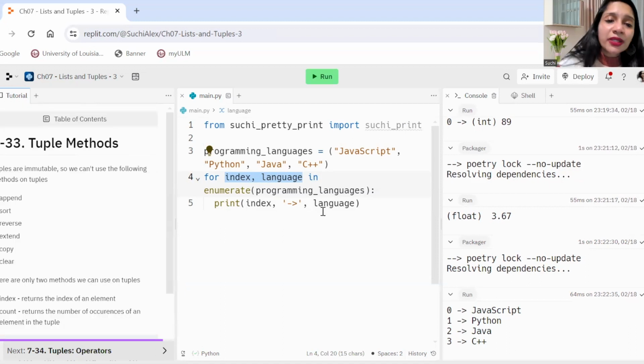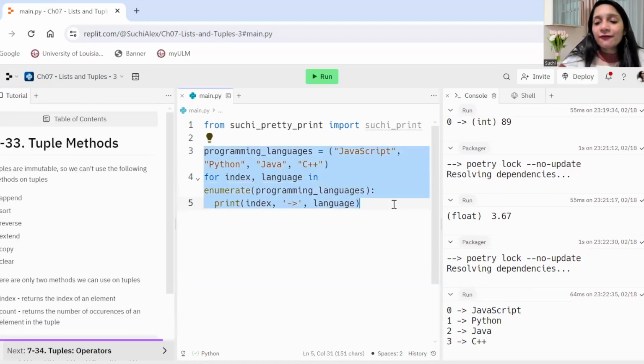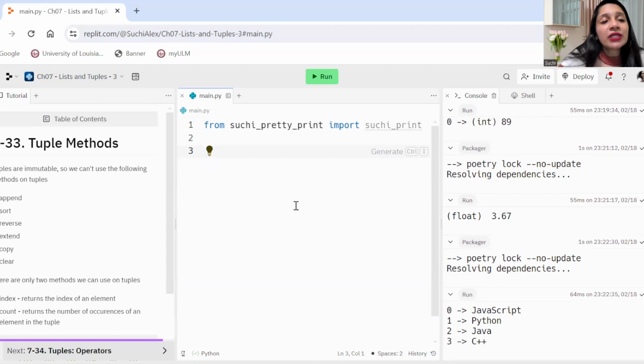But when we come to tuple methods, this is where tuples deviate very significantly from lists. So in tuples, because tuples are immutable, we cannot use append. Append literally meant we're adding more elements at the end, but tuples are immutable, so we can't add. Sort is pretty much rearranging elements, and it gets performed on the list itself, but a tuple cannot be modified in this case. You have to literally destroy it and create another list to create a sorted version. So sort or reverse you cannot perform on tuples,